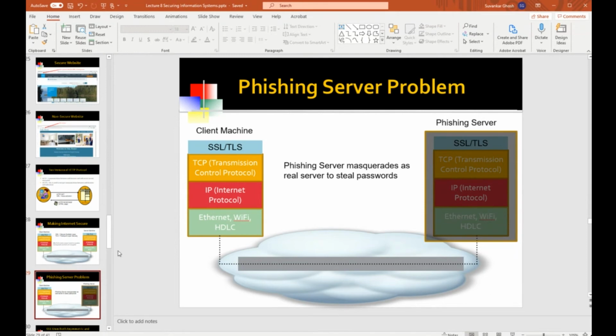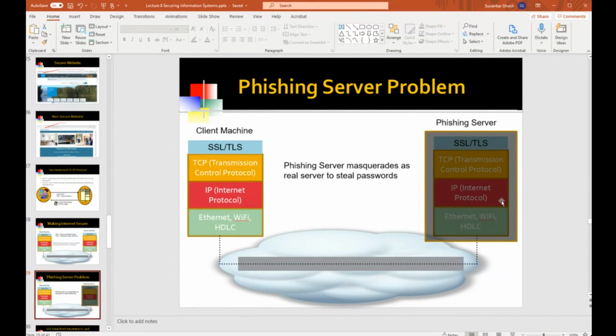So therefore, the client, if you will, the human user, is concerned about two things. They want to make sure that they are not giving out their username and password to a phishing server, who would then steal their username and password and then essentially masquerade as them and log into their account and clean out their account. So that's one of the things that they're very concerned about.